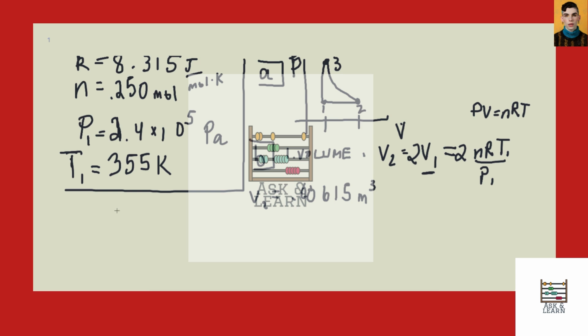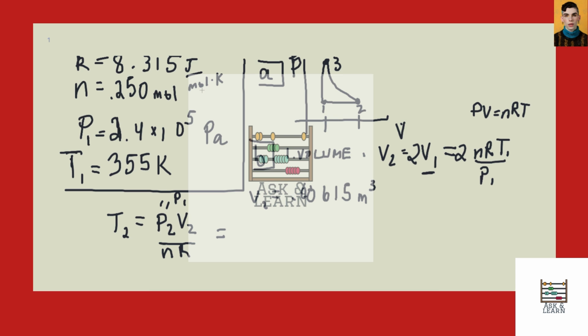And then great, now I can figure out the temperature. So I can say T at 2, which is equal to T at 3, by the way, is equal to P at 2, V at 2 over nR. And then we have all of those, P at 2, which is equal to P at 1. And so if you take all the variables and plug that in here, then maybe you will get what I got, which is, let me check my math,